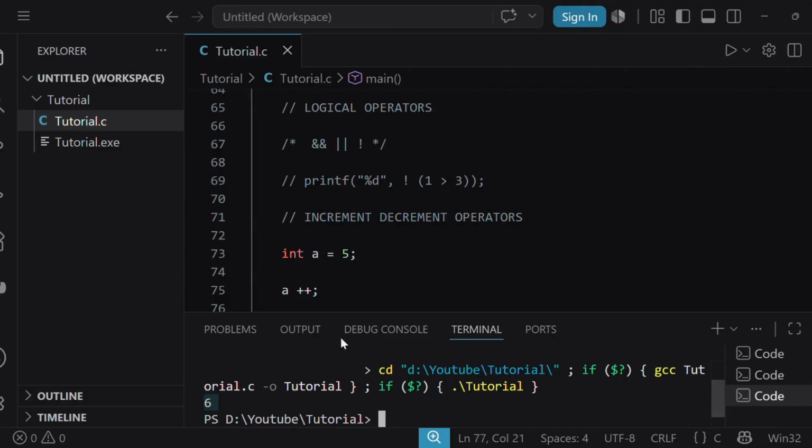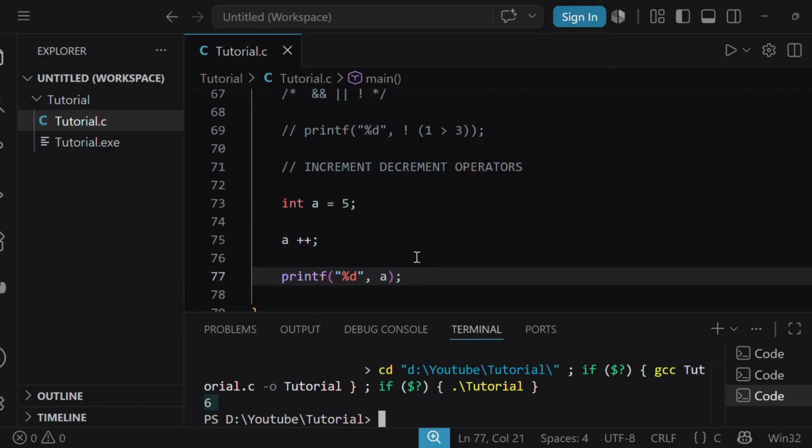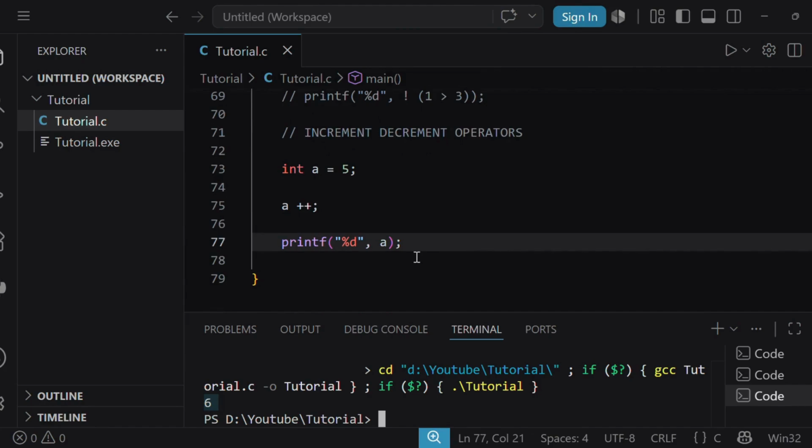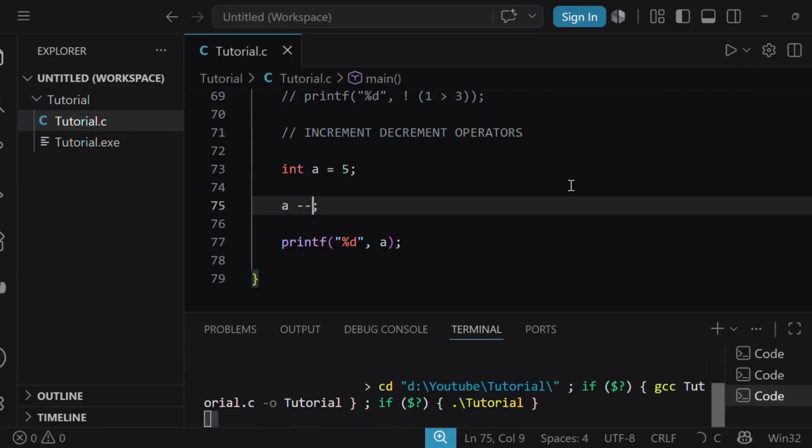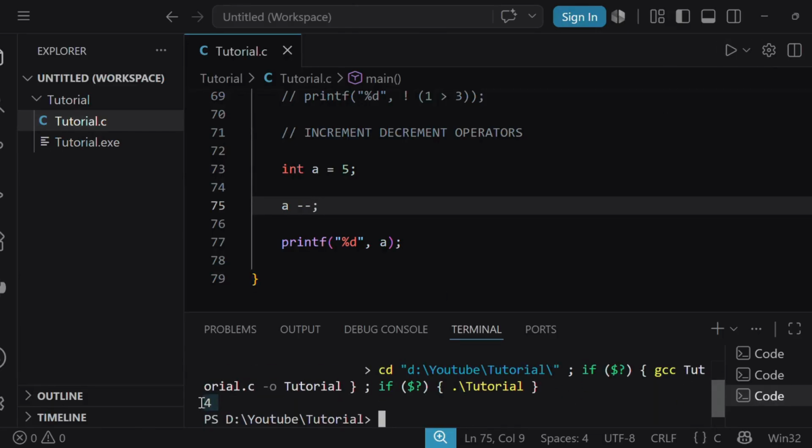You can see 6 is displayed on the screen instead of 5. Similarly, the decrement operator decreases the value of a variable by 1. If, instead of this plus plus, I write minus minus here, the output will be different, which will be 4. These operators are very useful in loops, which we will study later in this course.